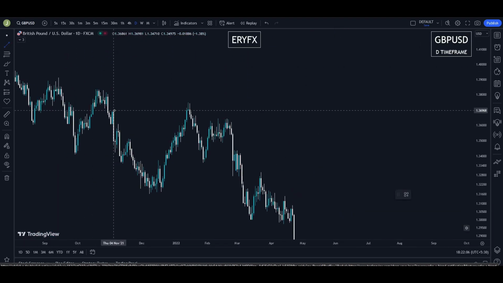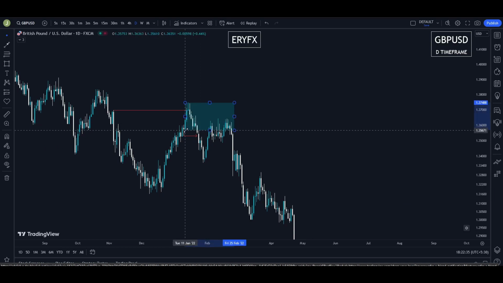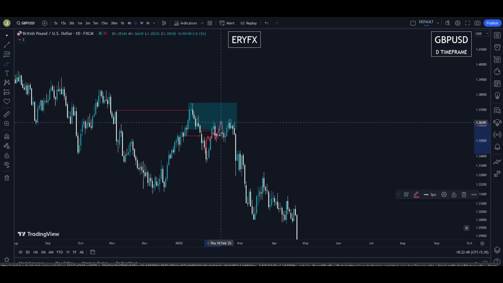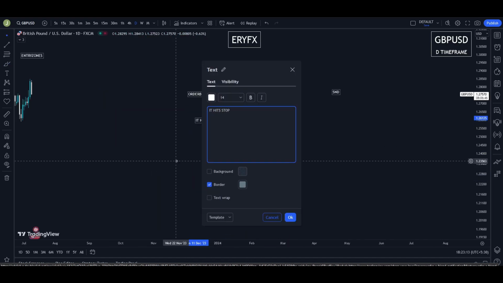So here, this is the high, and this will be the order block as it took out the previous high and gave us a breakdown. If you mark the last up candle but there was no imbalance, you can take the whole candle as a multiple-candle order block, and you can have some imbalance over here. The market will return to the order block, close the imbalance, and then go down. It hits the stop losses of other traders